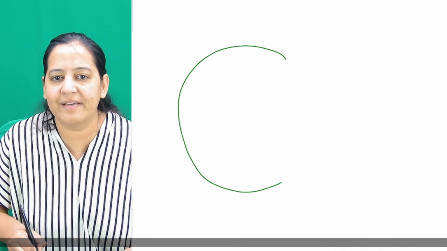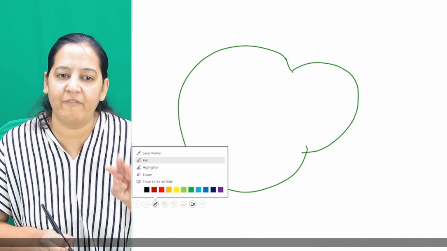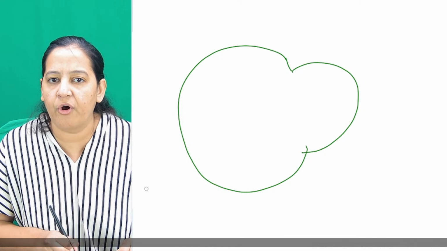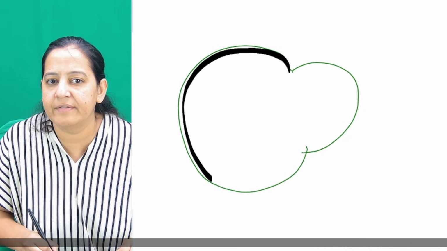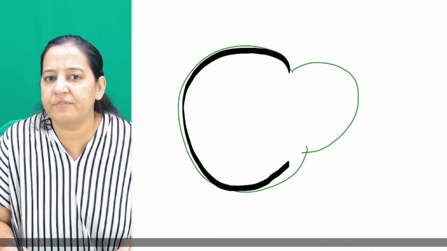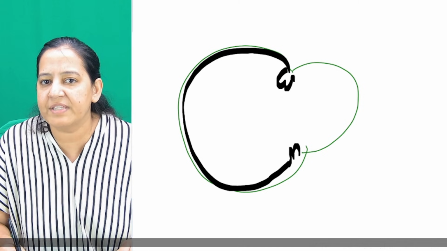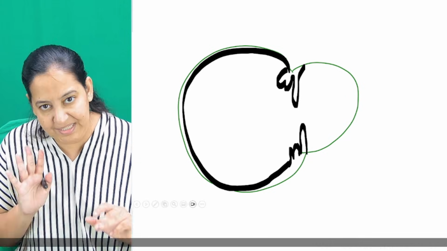Okay, so I will draw it. Whether this side, whatever you find comfortable. So I'm drawing the outermost layer. This is sclera. This is cornea. I'm not interested in outer. I'm interested in middle. I want to teach you three things in continuation. What three things in continuation? First of all, choroid, which is pigmented. This layer is choroid. The continuation of the choroid is ciliary body. And the continuation of ciliary body is iris. It's like a curtain. So this is the middle layer.